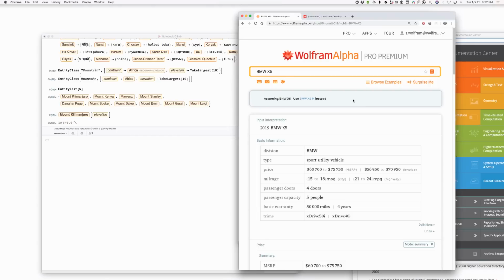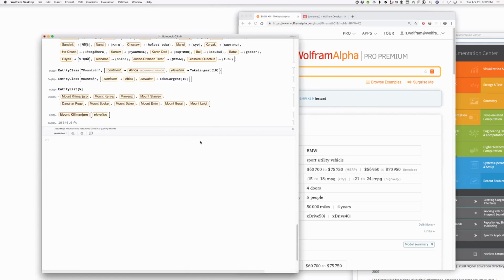So let's see. Yeah, well, it really helps. We absolutely have the linguistics for car models. We're being asked about an interpreter for car models. We absolutely have that. I don't think we yet, as I say, have that in the language. Let me just show you something. This is how